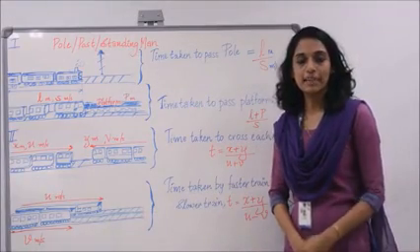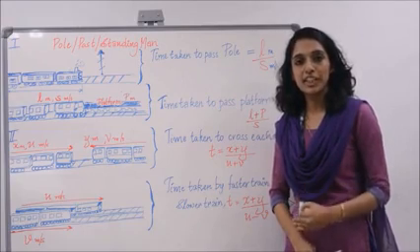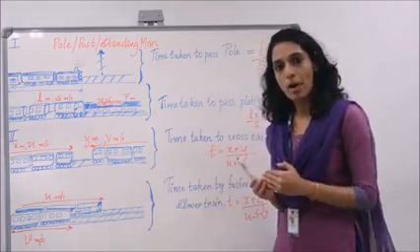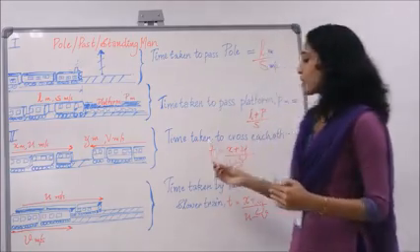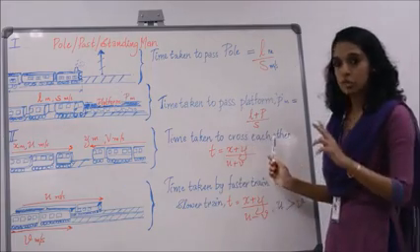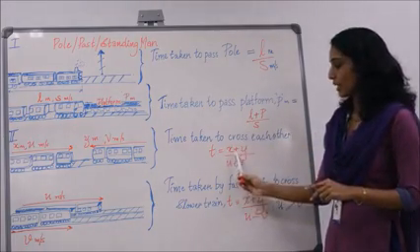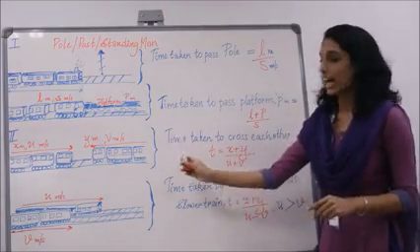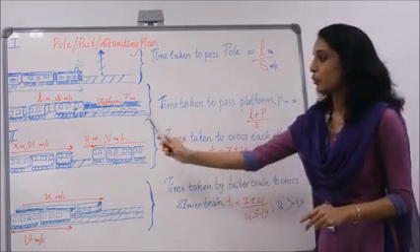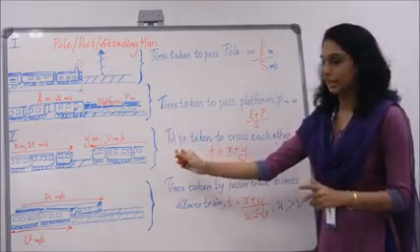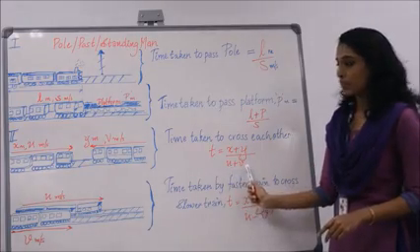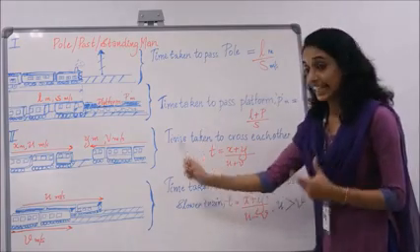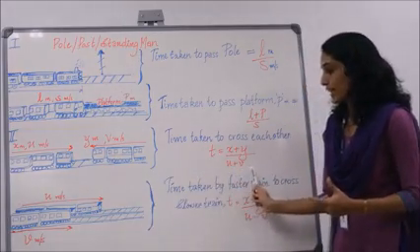We have already seen relative speed. Now let's look into time. Two trains are moving in opposite directions, so at some point they will cross each other. The time taken by the two trains to cross each other is equal to x plus y divided by u plus v, where x and y are the lengths of the trains and u and v are the speeds. And why have we given u plus v here? It's because the two trains are traveling in opposite directions, so the relative speed is given by u plus v.